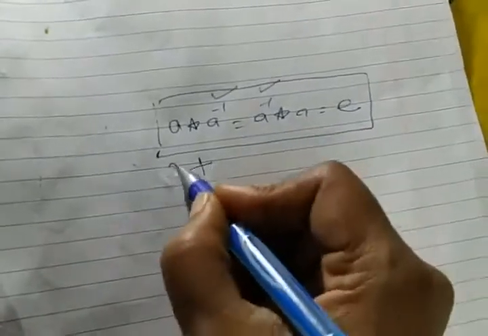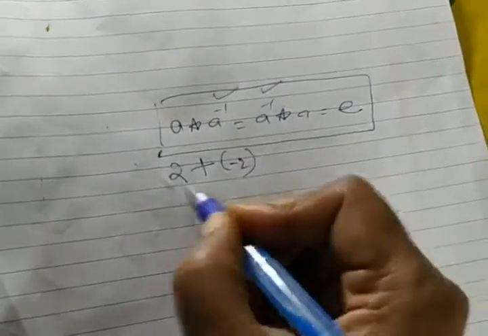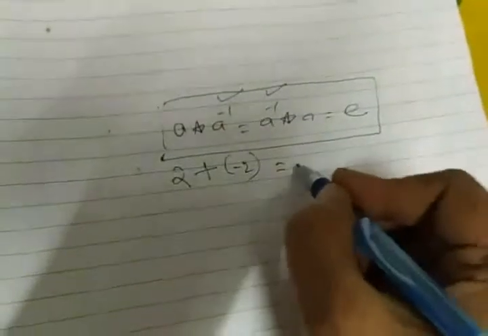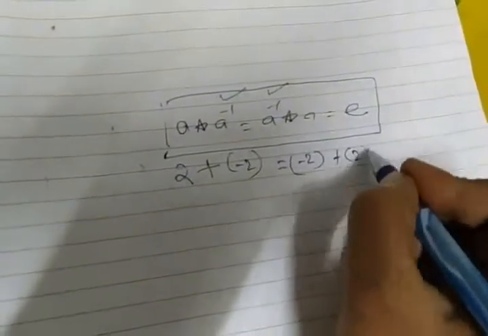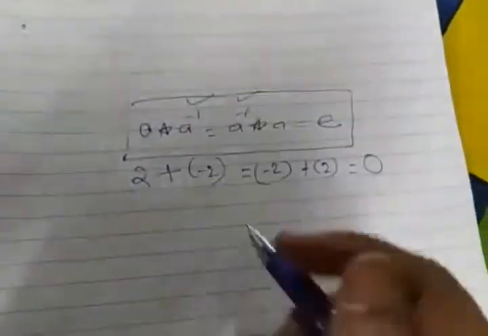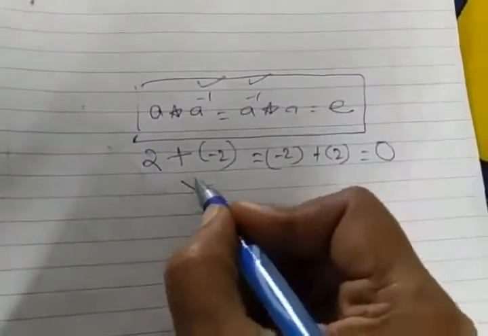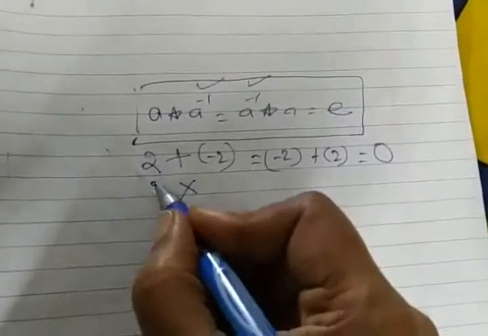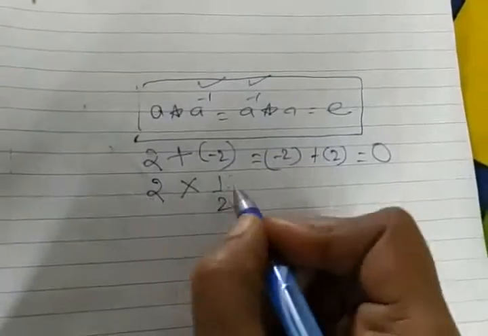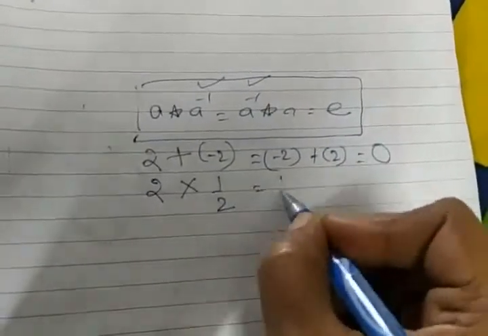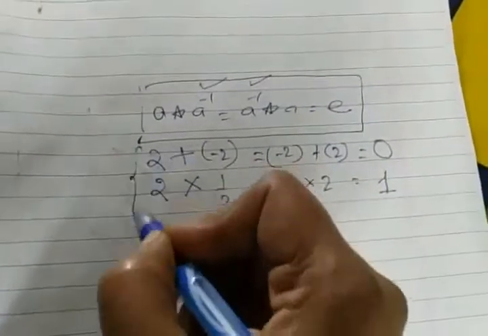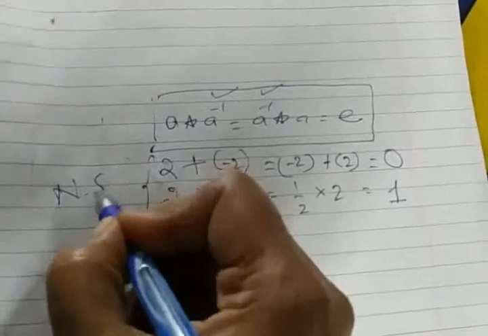Plus is the operation given, 2 is given, you say the inverse of 2 is minus 2 with respect to addition. That is minus 2 plus 2, because 0 is the identity element in the number system. In the number system, you have already come across one more operation, that is multiplication. For 2, you say it is 1 by 2. The reciprocal of 2 is the inverse, because the reverse is also true and 1 is the identity element. These two you have come across in the number system.